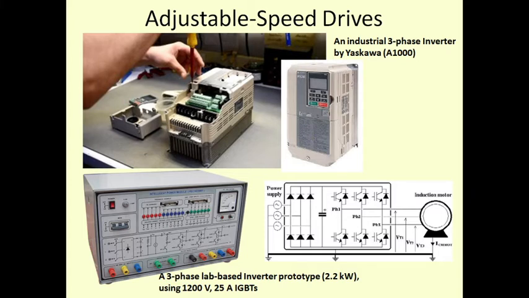So in that case, if there is a breaking operation of this induction motor, the power will start flowing from this direction to this direction. So how can we control this power? We can apply a braking resistor over here. See, there are two terminals over here, and we have a braking resistor. So this was out of context like that. In this circuit we are using a 1200 volt 25 ampere IGBT.